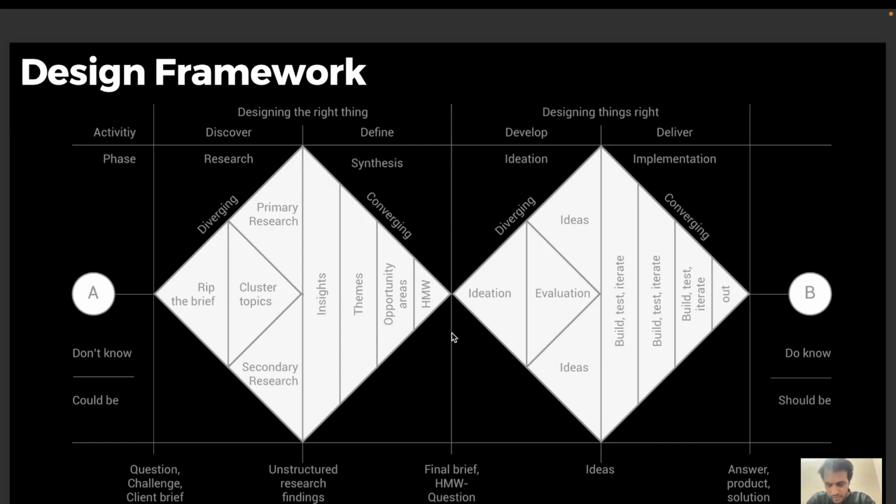Are customers happy with their solution or not? Are there any unmet market needs that we can discover at this stage? So you should also have done your SWOT analysis, or Porter's Five Forces, with your secondary research. And when you're doing your primary research, you're primarily focusing on user research. Try to